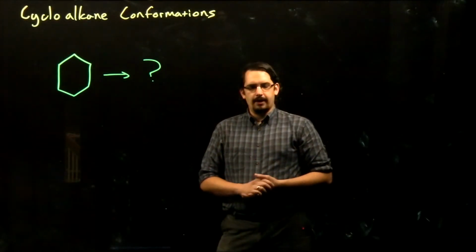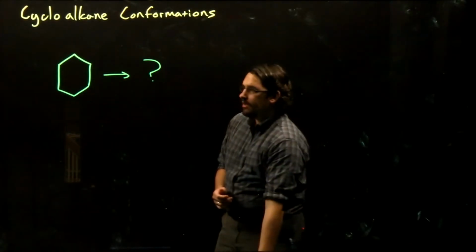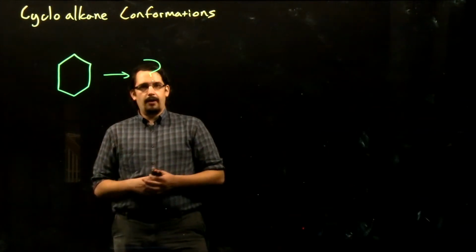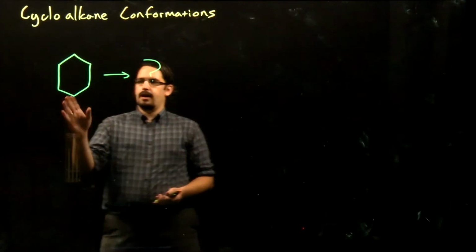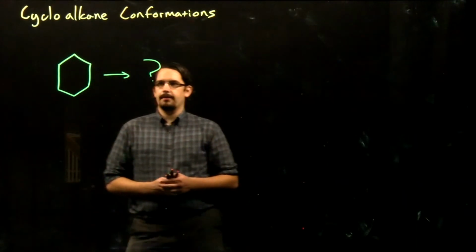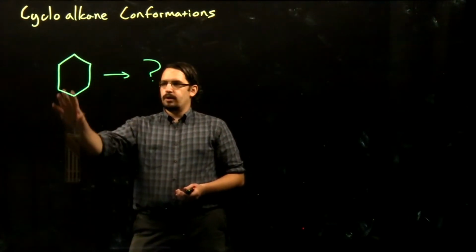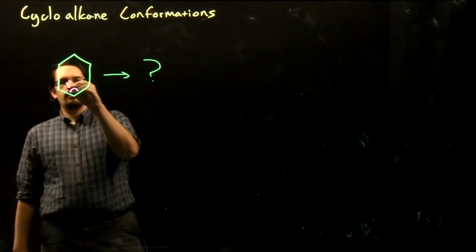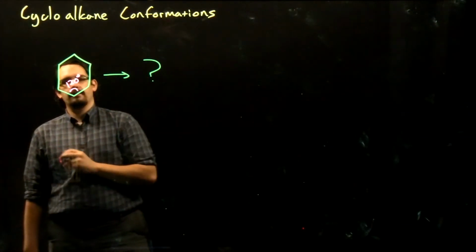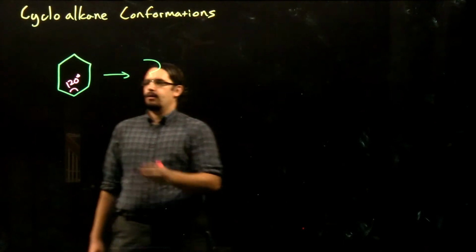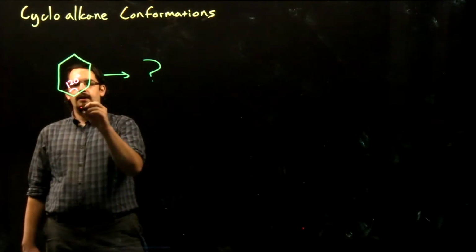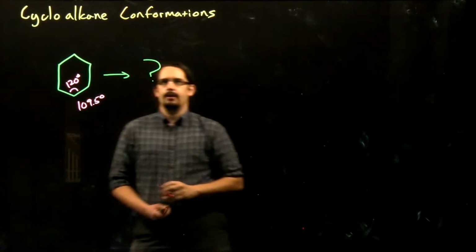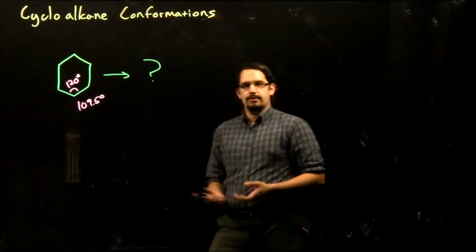What does a cycloalkane actually look like? When we learn about alkane conformations and about cycloalkanes, we naturally see them drawn out in these flat planar shapes. But of course, we know that this shape is not possible. We don't get our ideal angles in a flat planar shape. We get a 120-degree angle instead of our target 109.5 degree angles